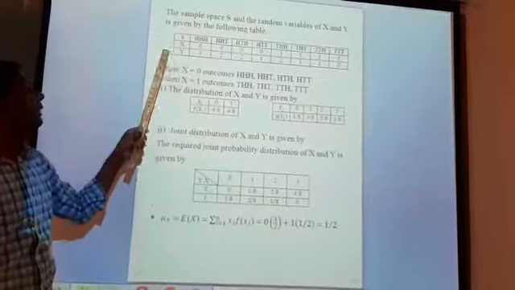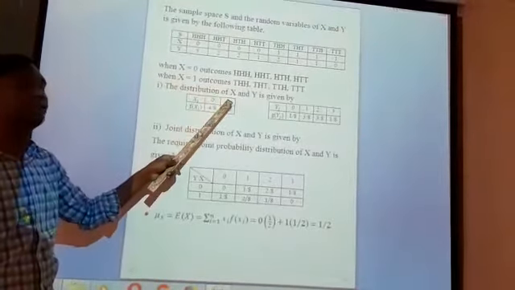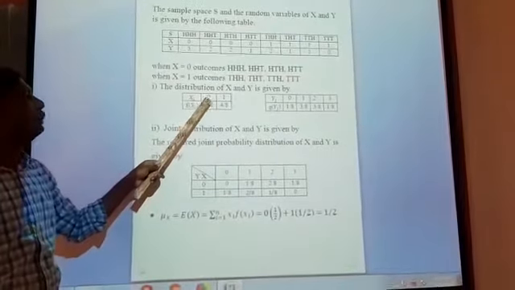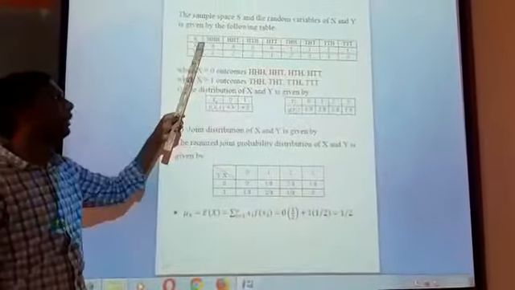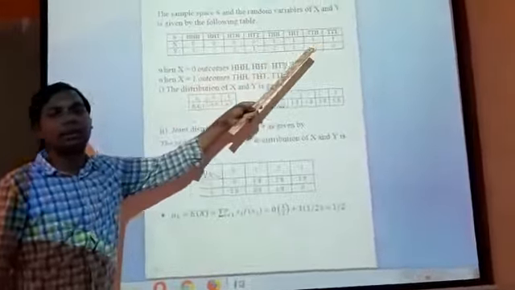So x_i means in the x there are 2 possibilities, either head or tail. Head denotes the 0, tail denotes the 1. So there are 2 possibilities, 0 and 1. F of x: 0 means head. How many heads are in the x? There are 4 heads out of 8, so 4 by 8. How many tails are there? There are 4 tails. That is noted 1.